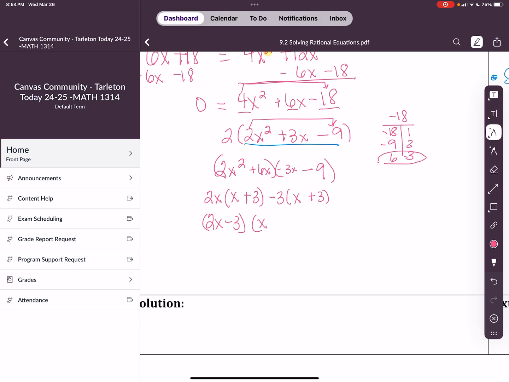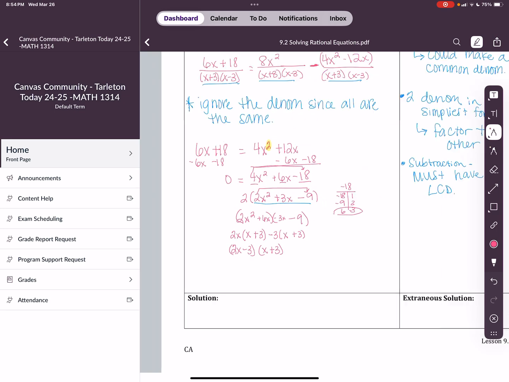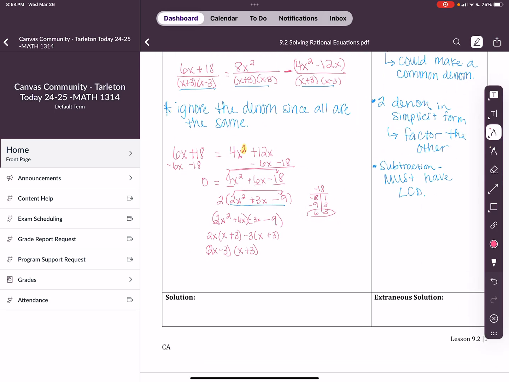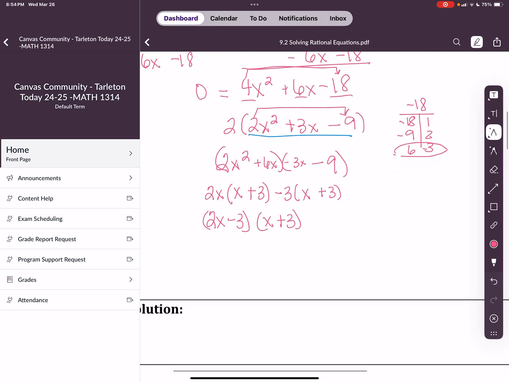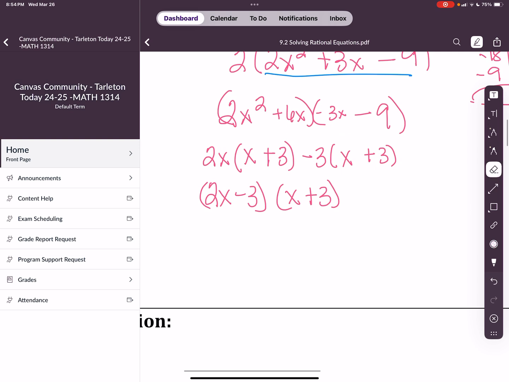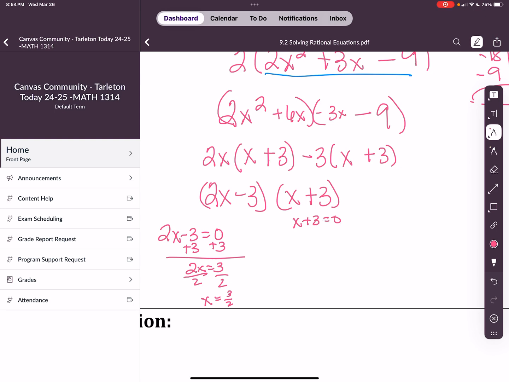2x minus 3 and then x plus 3. Okay, so now we need to go into, well, what are the actual solutions, right? So to do that, you would just take 2x minus 3 equals 0. Okay, add 3 to both sides. So 2x equals 3. You're just solving for x, right? So x equals 3 halves. And you would do the same here. x plus 3 equals 0, so x equals negative 3. Okay, now,